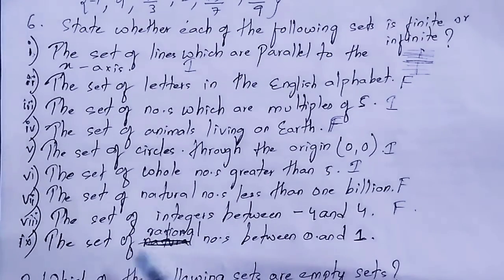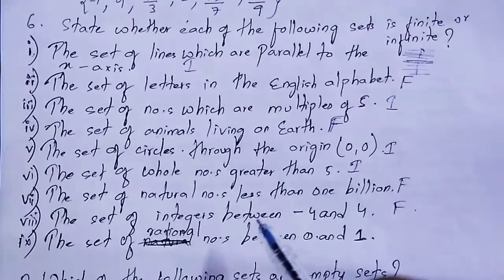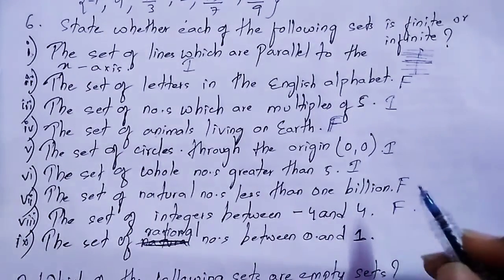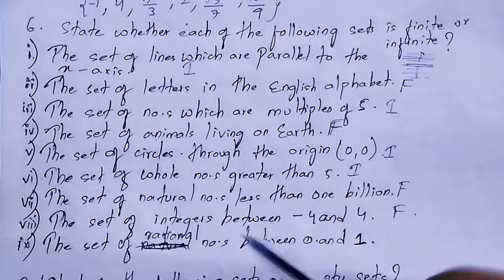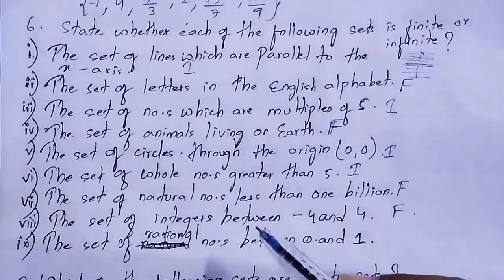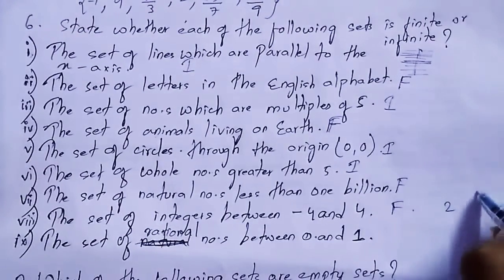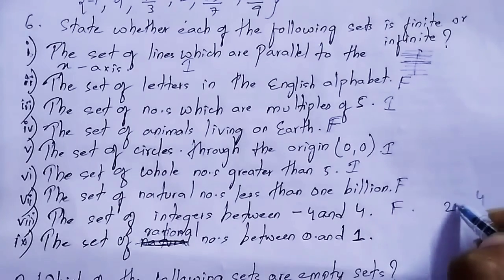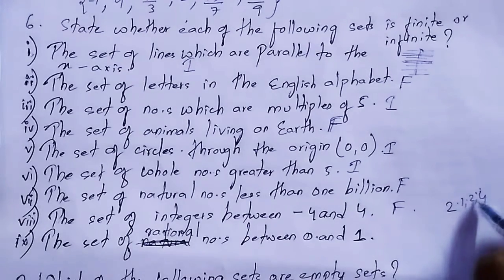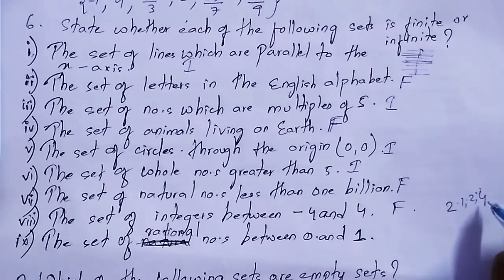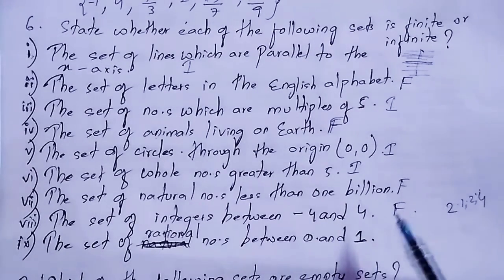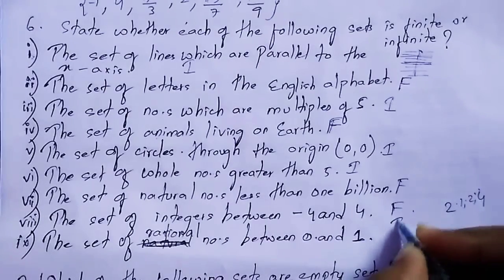Next one, number 9, the set of rational numbers between 0 and 1. So friends, you have already done this, linear inequalities, in your class 10. So this is easy for you. You know what are rational numbers. If you don't know, I am once again telling you, rational numbers are the numbers that also include decimal points. Suppose the numbers are between 2 and 4. So whatever numbers are there between that, 2.1, 2.2, 2.3, all the numbers are included till 3.9 and then you will have 4. So all the numbers are included. So the rational numbers between 0 and 1, this is infinite because it cannot be counted.